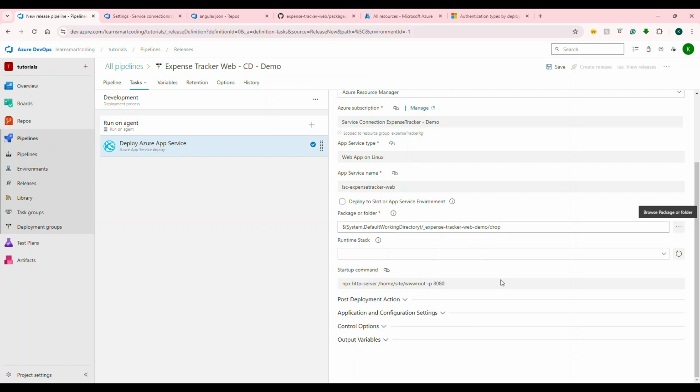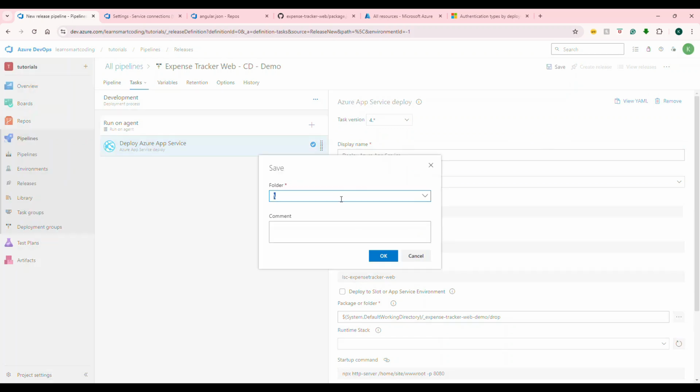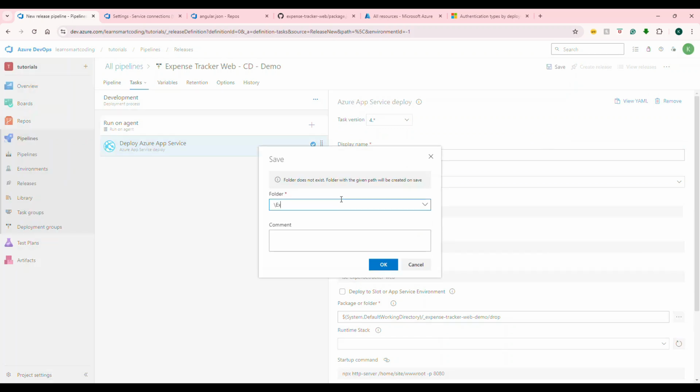So I copied it, and then we're all good. Runtime stack, we don't need it, and then this is good. So we can save this. You can have the startup command. Everything looks good. I'm going to save this under a folder, probably demo folder